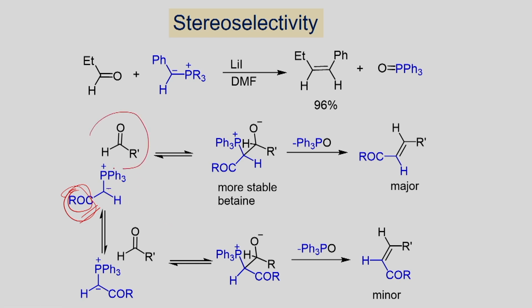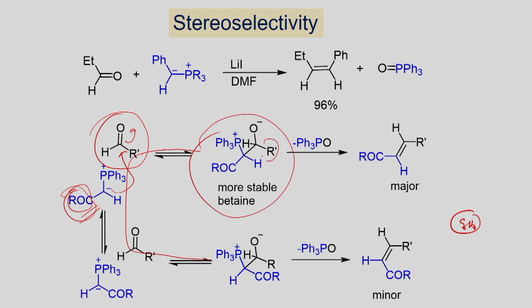So for example, when you react with this aldehyde, you can look at here, this is reversible. When you carry out the reaction in a nonpolar solvent like benzene, the intermediate you generate here can undergo addition reaction as we have seen, and this is reversible, and therefore it can form the more stable one. If you look at here, the substituents are on opposite sides, so they are more stable compared to this.